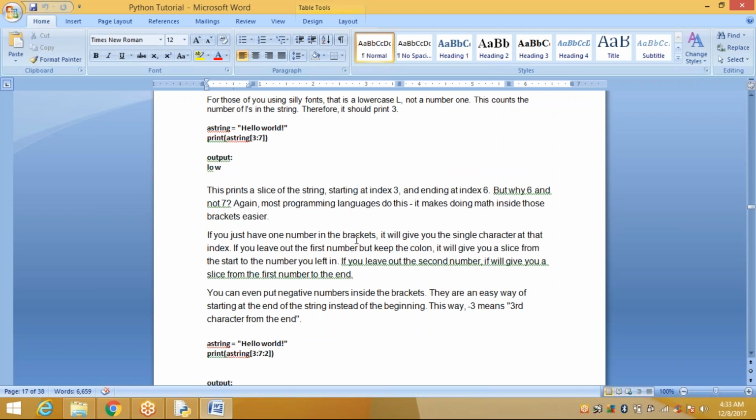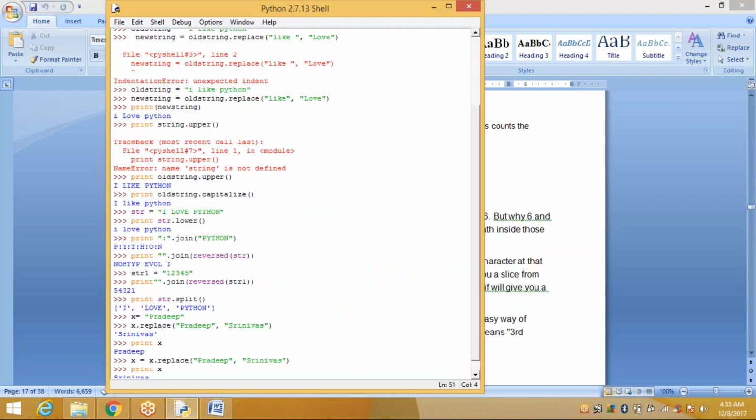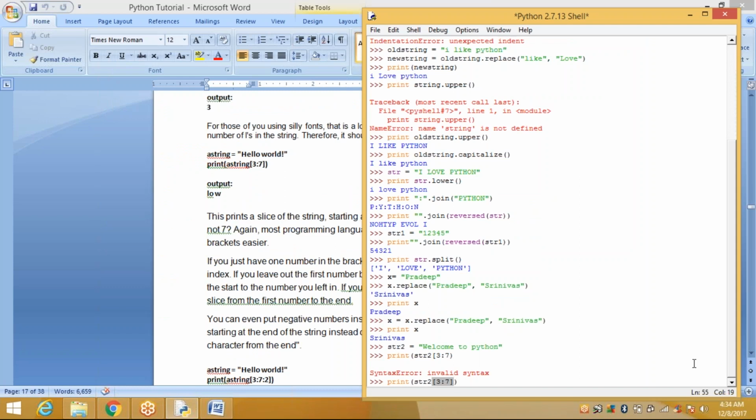So what are the values are printed here? Pradeep, I think I can't see the ID. Are you typing or? We can't see anything. Yeah. Yeah, we are also not getting anything what you are typing. Hello? Yeah, now it's better.